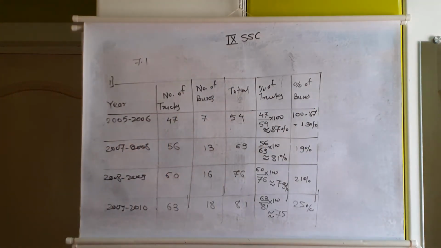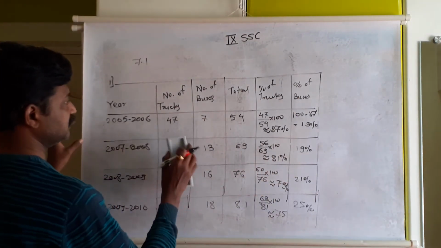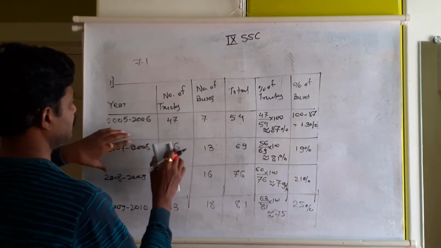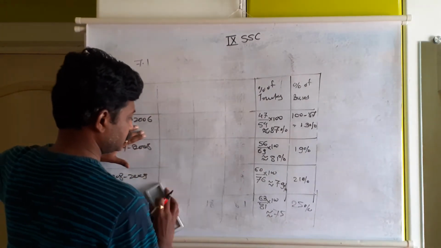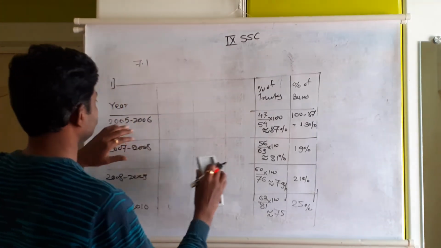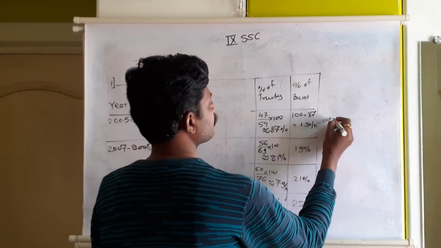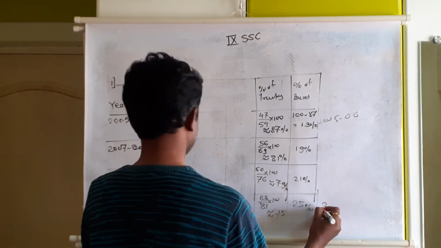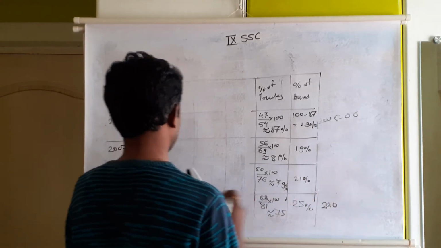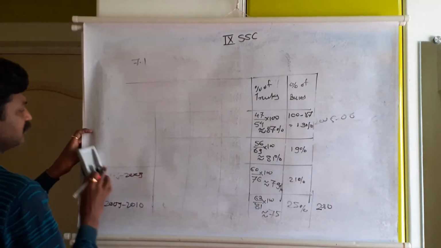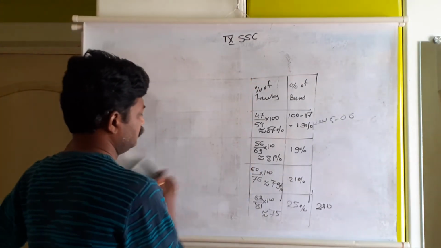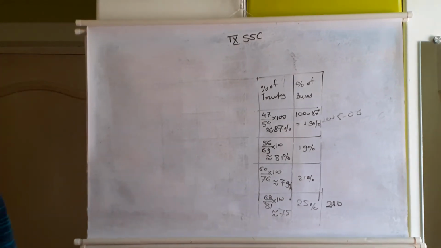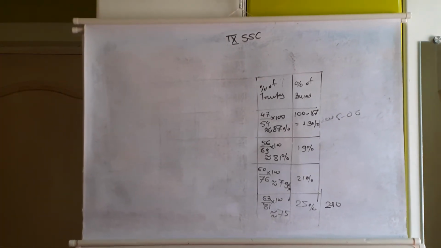Okay, now this information we have to convert in the graph. So this is necessary, I will rub this because we will be needing the place. This is not necessary for us, and the year, from 2005 till 2010, will come on the x-axis, and the frequency, that is percentage, will come on the y-axis. Now let us continue with that.